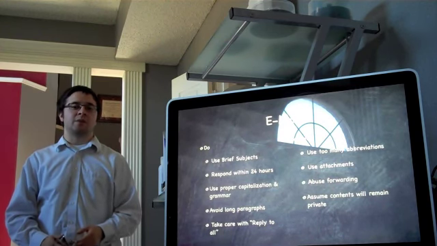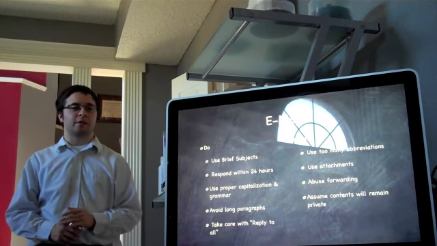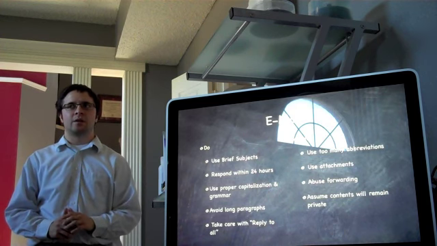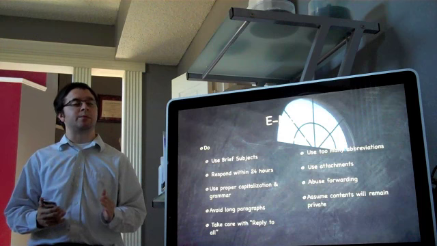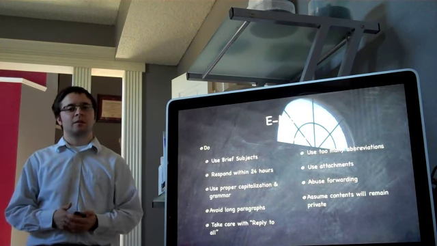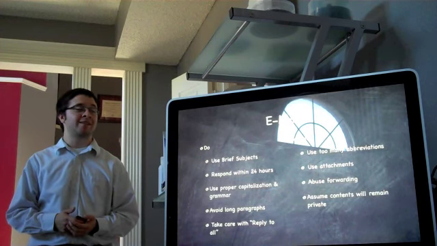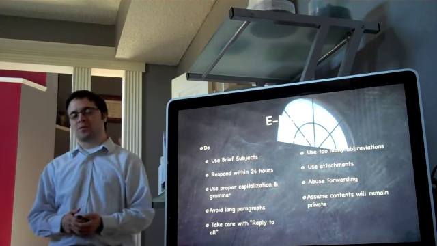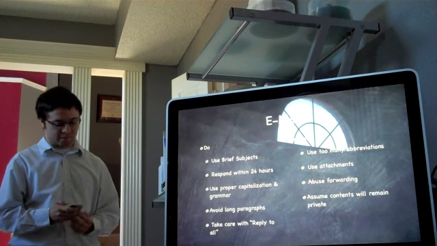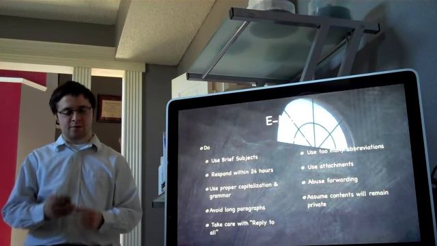And lastly, be careful with the reply to all feature. It's a good feature, a good way to have a conversation thread of emails between groups of people, but you can also get into trouble by hitting reply all when you didn't mean to and sending email to more recipients than you intended. There's 4 things not to do.